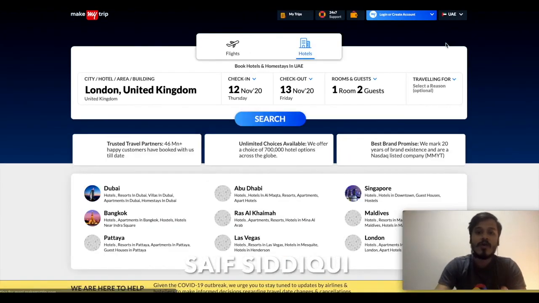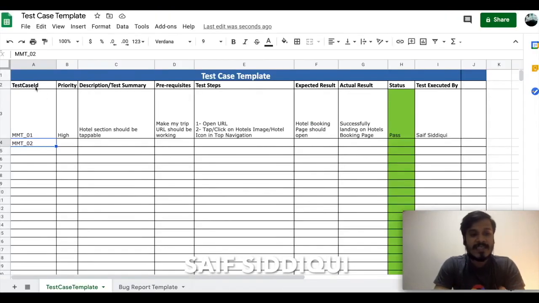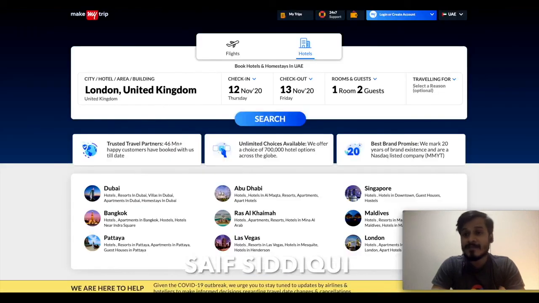So in order to write this test case, I will just go here. The test case ID will be similar; I will just add 02 for the second test case. Priority, I'm not sure what the priority is, but I believe it should be high priority because it looks like their major functionality. They are providing it in three different countries.